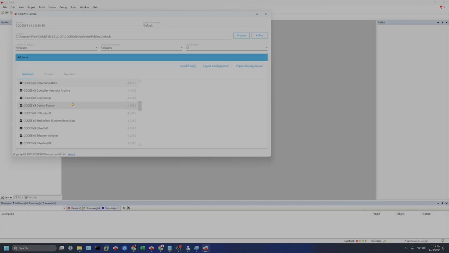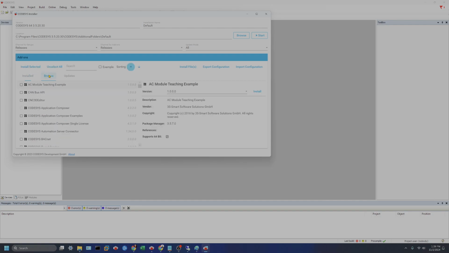And this is all of our installed stuff. This is just the basic thing that I put here for the YouTube videos and me looking at updates and things like that. You can browse for different stuff if you need a CAN bus API, or if you need composer examples. So that goes back to all of those modules that we did, especially for the persistent manager video that I did. And then you've got another base libraries function,